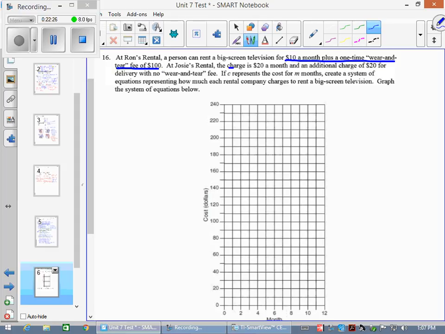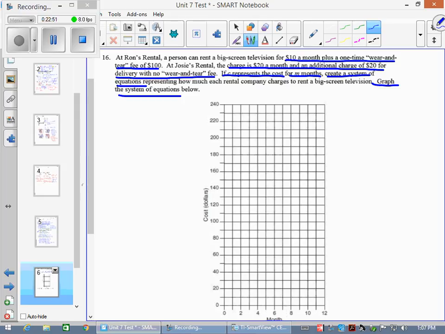They're telling me in the question to use C for cost and M for months. Then it goes on to say, okay, create a system of equations representing how much each rental company charges. And then we'll graph at the end. So as you're watching this video, this is a review topic of systems of equations. This will be on the quarterly. Okay, so for Ron's Rental,